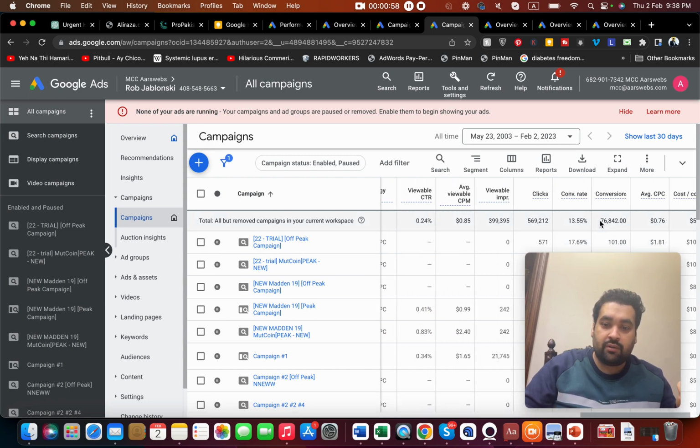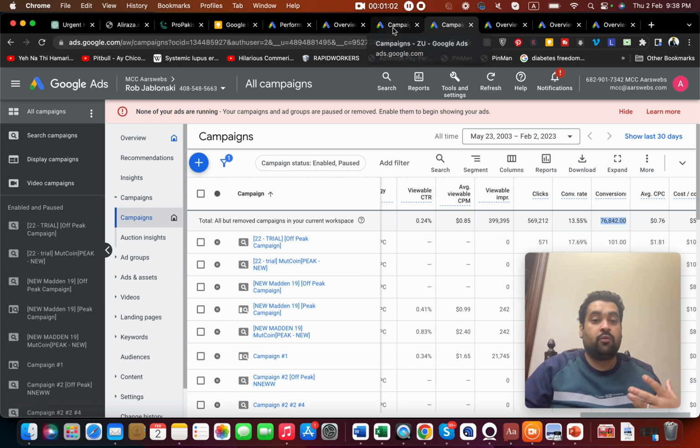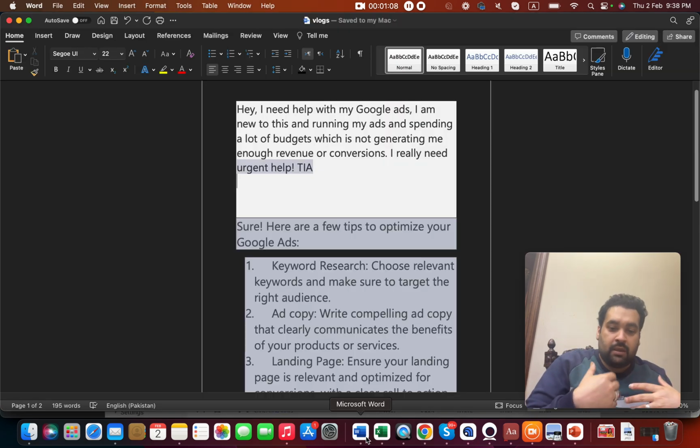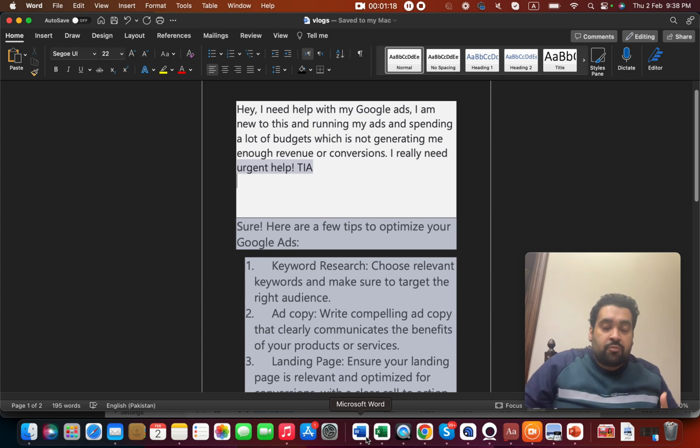So you can see 76,000 conversions. So if you want conversions like this on your account, you have to follow a few things. In my opinion, first of all, the intent of the user is very important when you're creating a good campaign. By intent, I mean understanding, when a person searches a specific query, what is in his mind and what condition the buyer is in. Is the buyer ready to buy the product or wants to know more about the product?